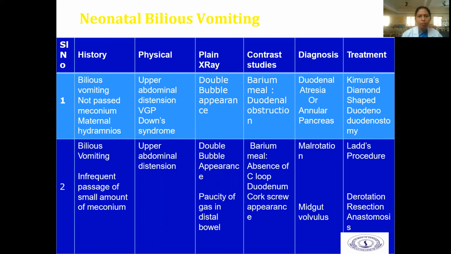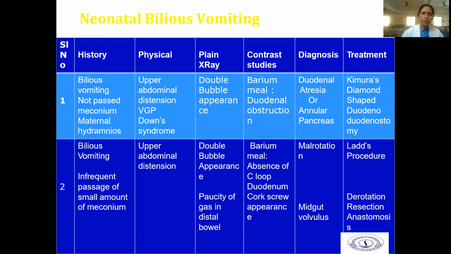Physical: upper abdominal distension, VGP, Down syndrome. Plain X-ray: double bubble appearance. Contrast studies, barium meal: duodenal obstruction, duodenal atresia, or annular pancreas. The treatment for the first one is Kimura's diamond-shaped